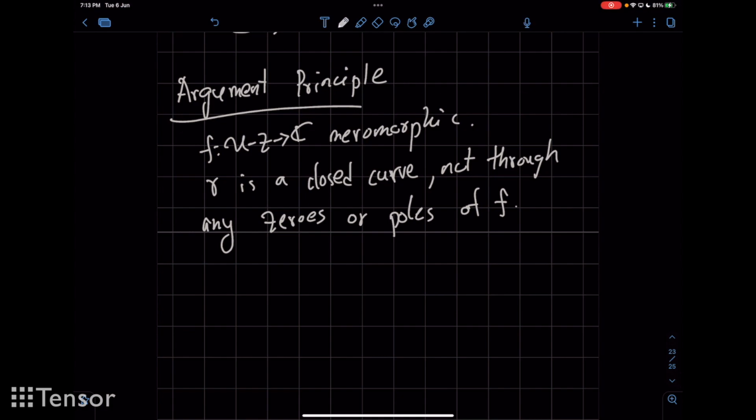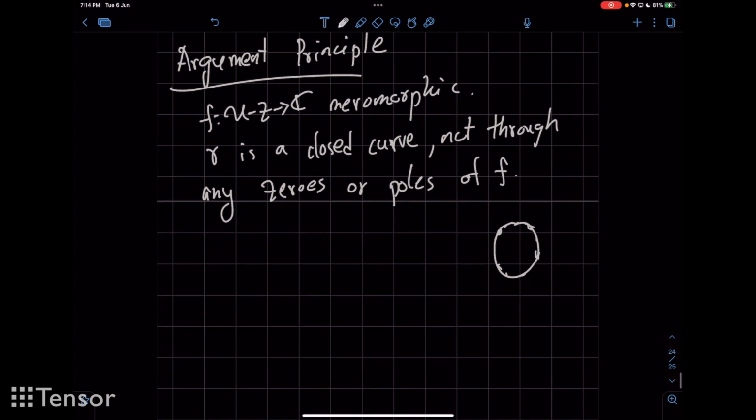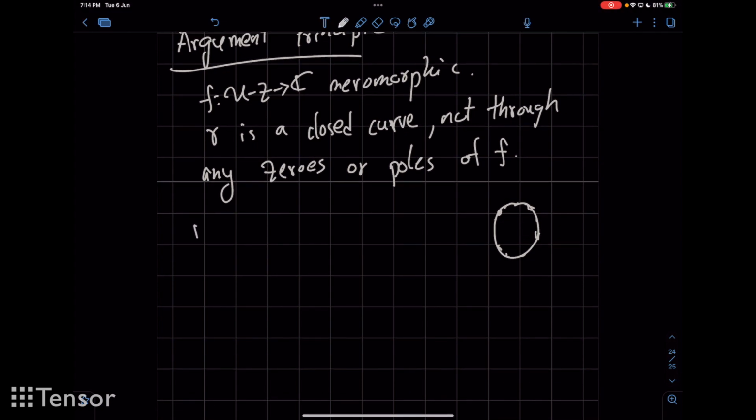That means, suppose this is the image of gamma, then f is neither 0 on this curve nor does f have a pole on this curve. Okay, so gamma does not go through any of the zeros or the poles. Then we have that,